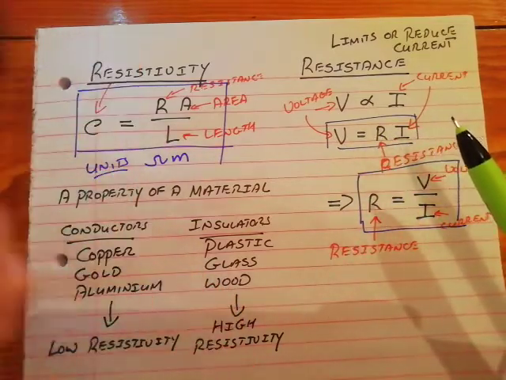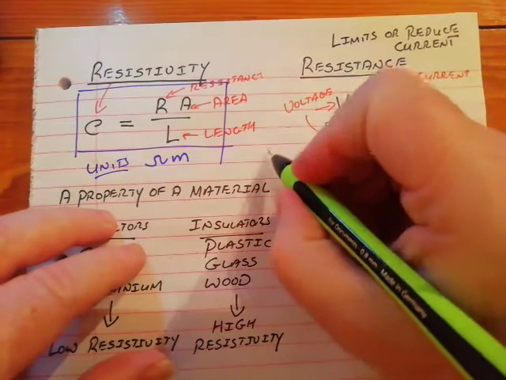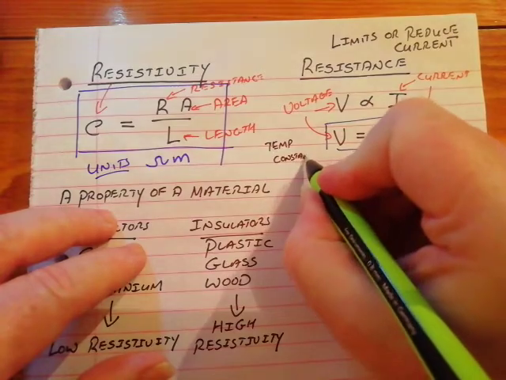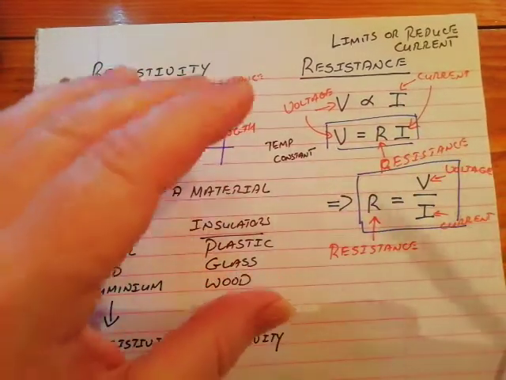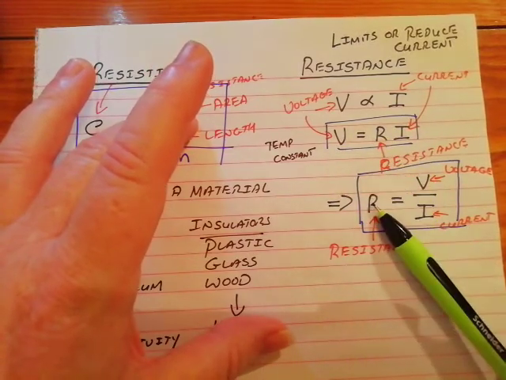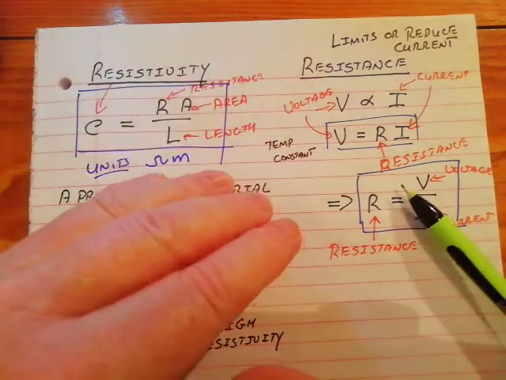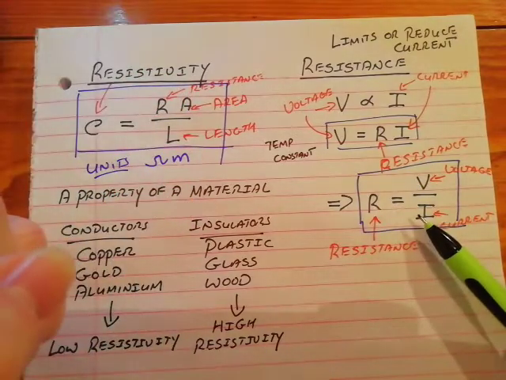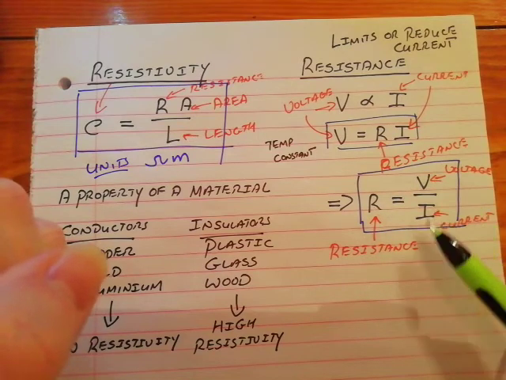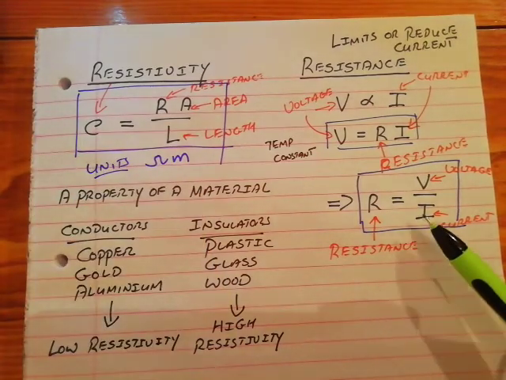If you're ever asked to find Ohm's law or explain Ohm's law, and you gave that formula but also say that the temperature must remain constant, that is sufficient for full marks. If you juggle these terms around and get resistance on its own, then resistance equals voltage divided by current. If you're ever asked to find resistance in a Leaving Cert exam, all you've got to do is give that formula, resistance equals voltage divided by current, and label each part, voltage, current, and resistance, and you will score